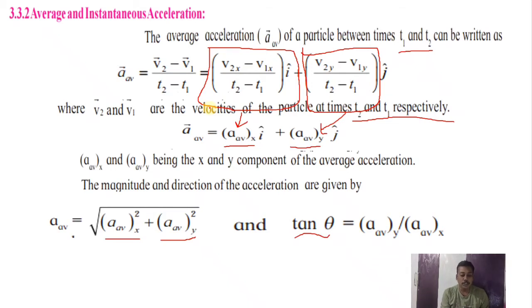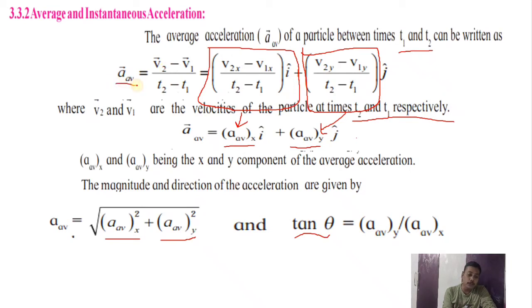So similarly, if you understand the formulas related to velocity, then in the same manner we can explain the formulas related to acceleration also. If we compare, whichever formula you get for velocity, you can write the formula for acceleration. Just by comparing, if you understand it for velocity, then by making some respective changes you can easily write the formula for acceleration.